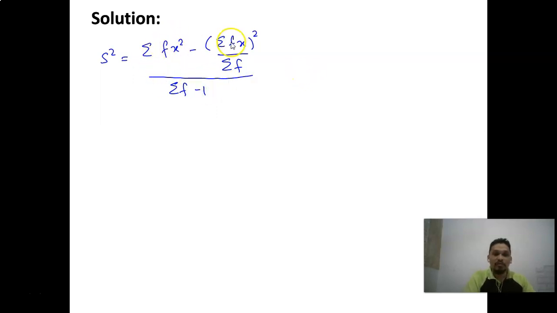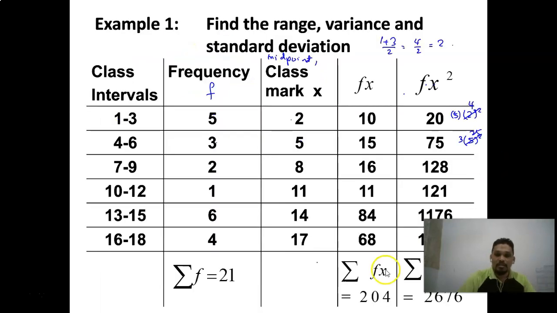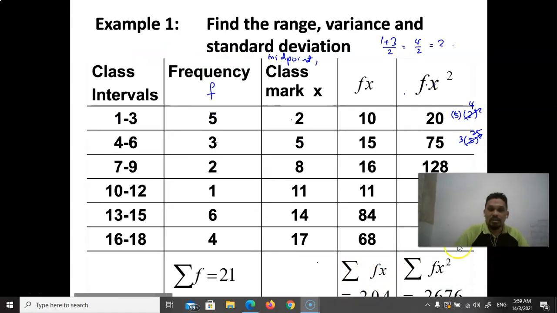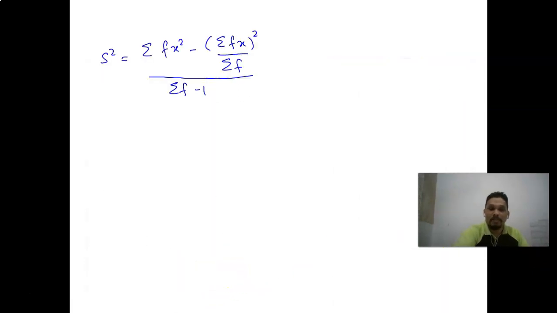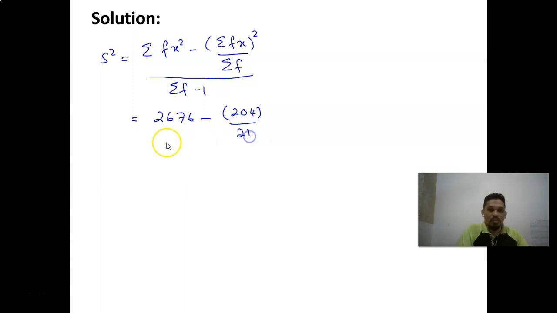So please refer to all these values from the previous slide: the summation of fx here, the summation of fx squared here, and also the summation of f is 21. Let's substitute the values one by one: 2676 minus the summation of fx in brackets squared, 204, divided by 21, divided by 20,